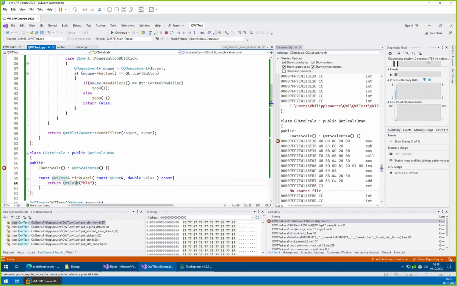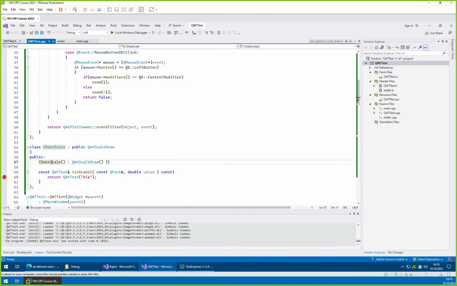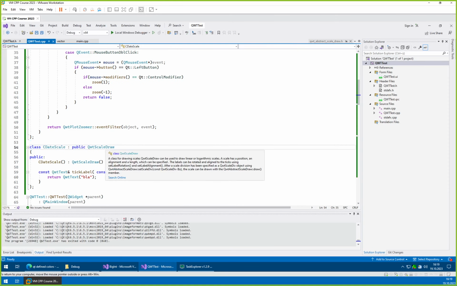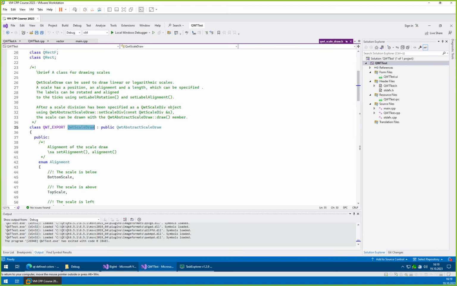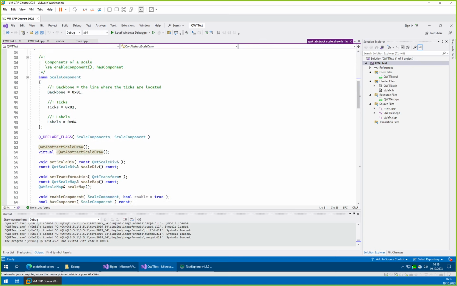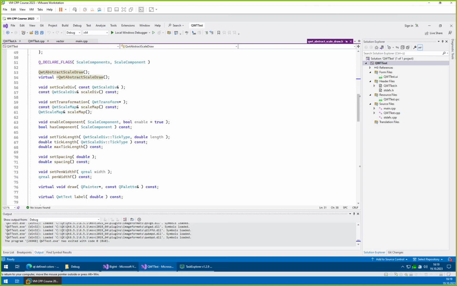Why this is being used, this is not. Oh, I think I know why. I think they unfortunately changed this a bit too much. So the idea is to get tick label